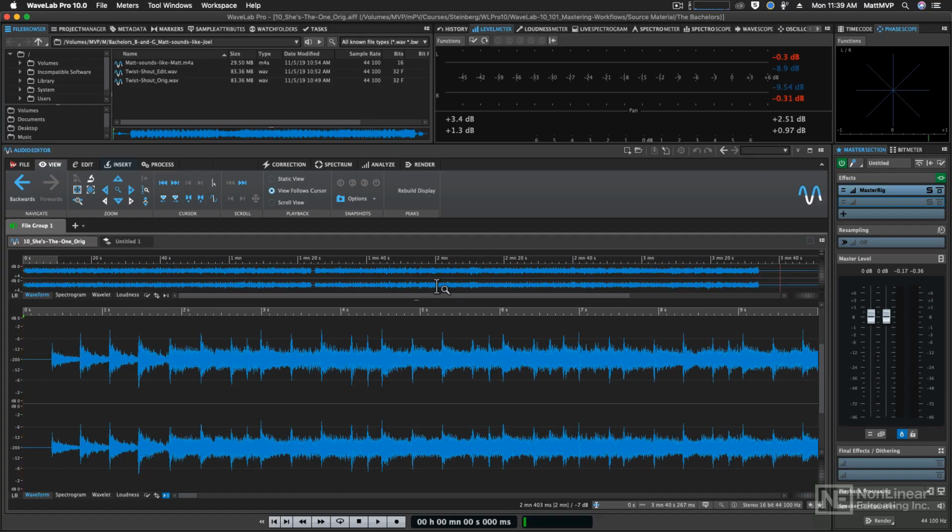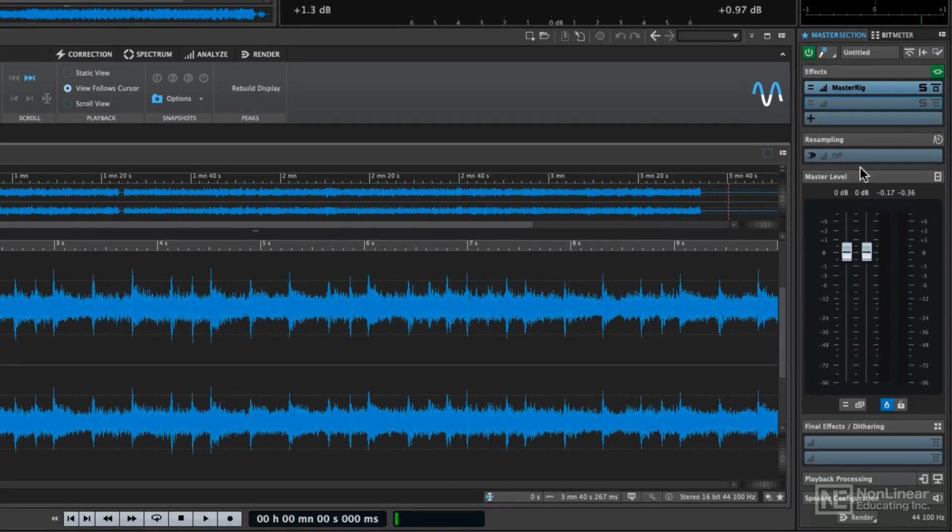The master section is located on the far right-hand side of the workspace, and it is where all of the mastering processes are going to be happening, including things like effects and resampling and dithering and so forth. So let me take you through the 6 different segments of the master section, and I should mention that anytime you're playing an audio file or audio montage from the editor, it's going to be going through the master section by default. You can tell it not to so that it just plays directly to the outputs of your audio interface and therefore bypassing all of the processing of the master section, but by default, everything runs through the master